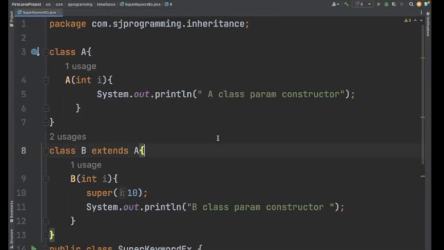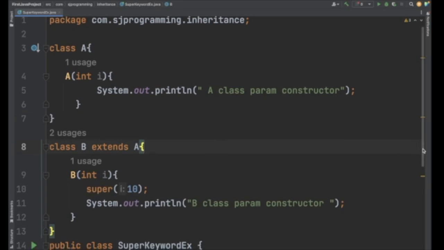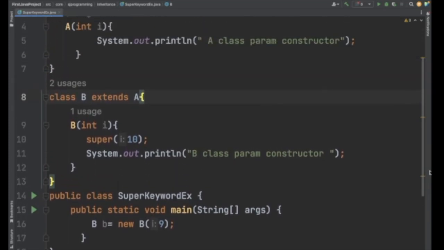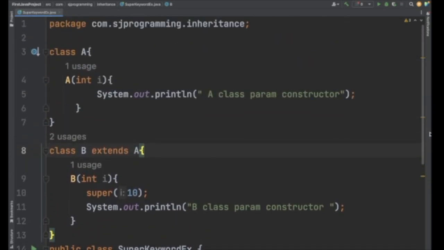So we have discussed the super keyword. The super keyword is used to call the superclass constructor, superclass variables, or superclass methods. So that was three uses of the super keyword. Now, one more thing remaining about the super keyword is that, see here, let's suppose I have